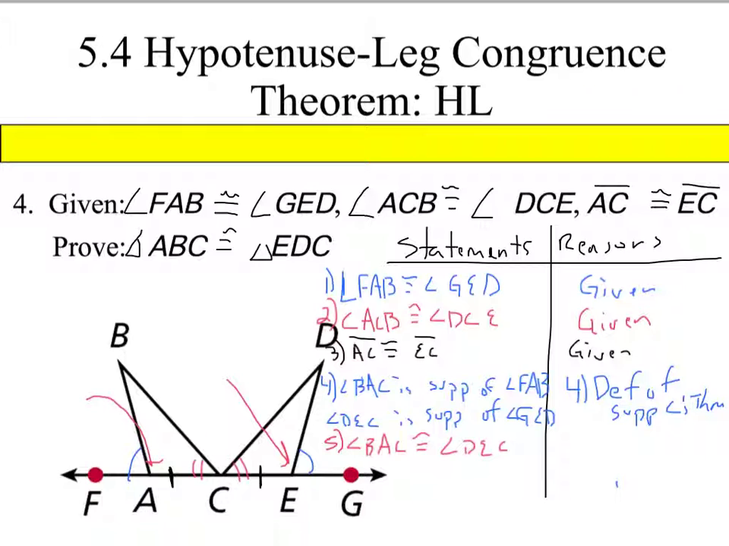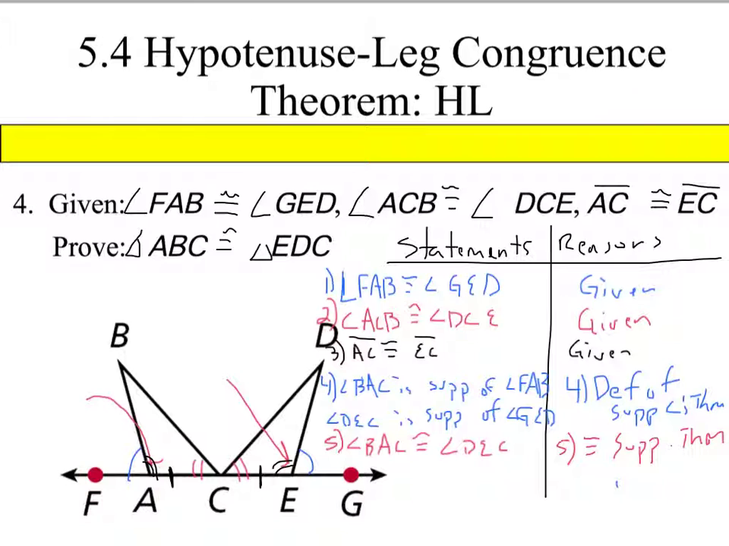So angle BAC is congruent to angle DEC, and the reason behind that is going to be the congruent supplementary theorem. Okay, remember, if two angles are supplementary to the same angle measure, then they have to be congruent. Okay, so now if you look at my drawing, I see here,